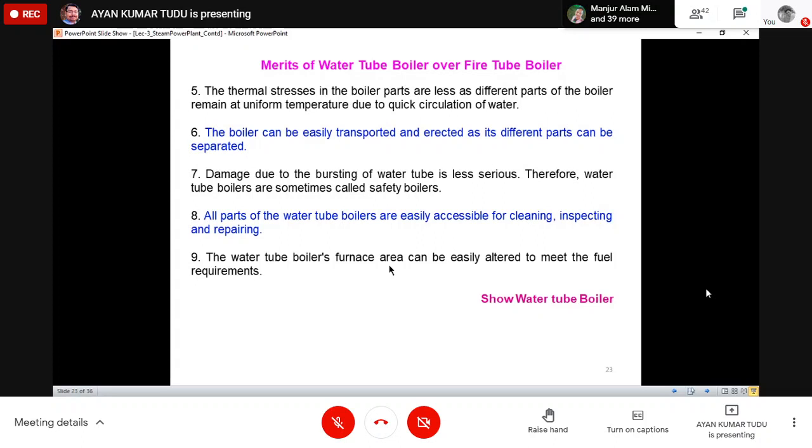What are the demerits of a water tube boiler? We can just tell the answers if we think about what we had talked about in the last classes only. We talked about feed water and so on. From that idea only, you can tell what are the demerits of water tube boiler. What are the demerits?